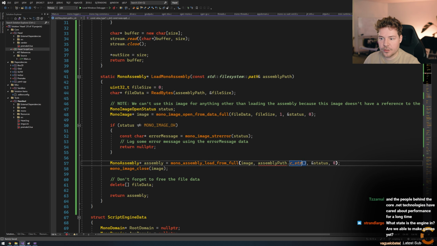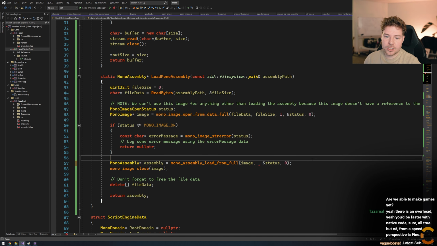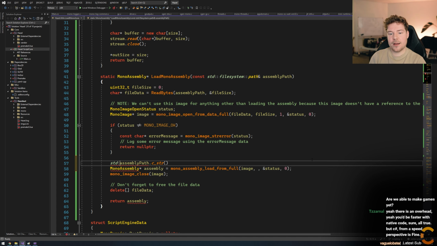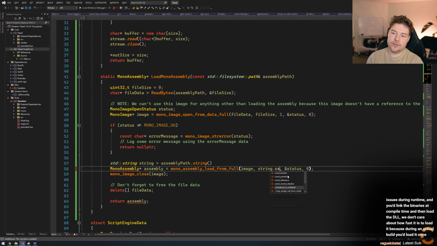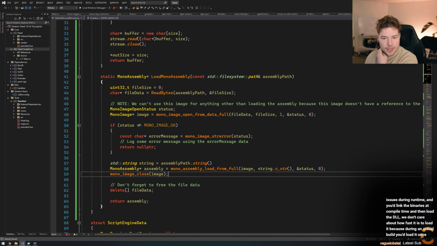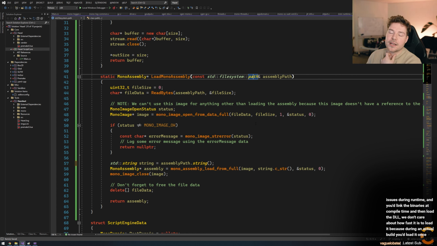Okay, so this assembly path, let's say string. This is where using this might be a problem, because this needs a const char file name, right? Whereas this is not a const char file name. So what we can do is grab that string, so assembly path dot string, and then say string. The reason that doesn't work natively is because file system path internally has wide strings instead of strings.